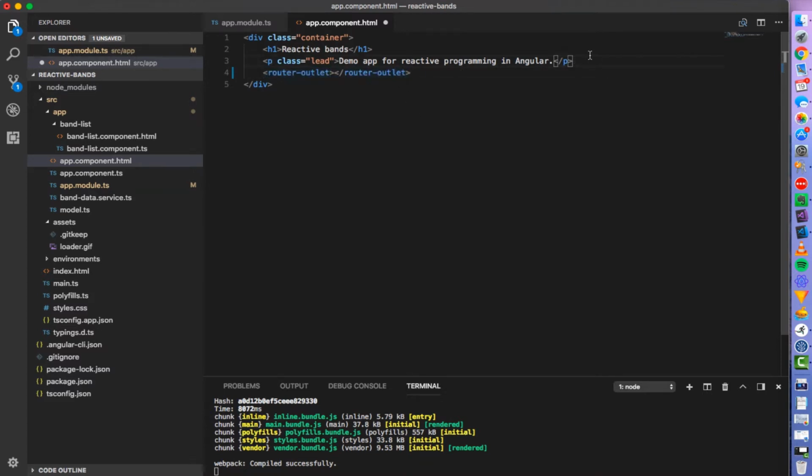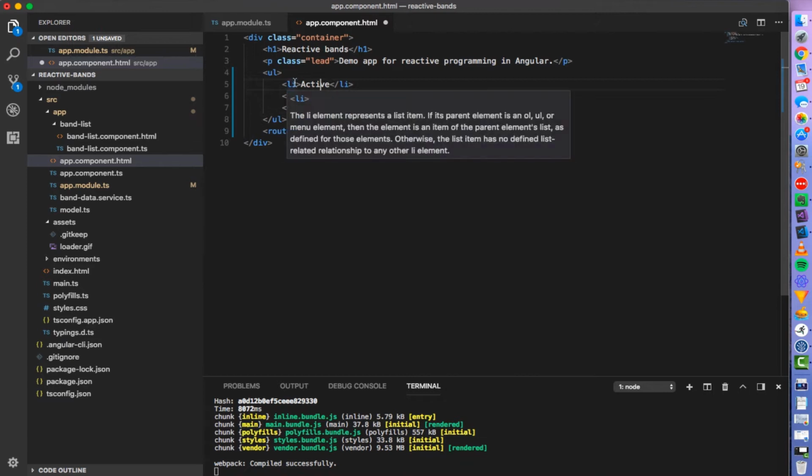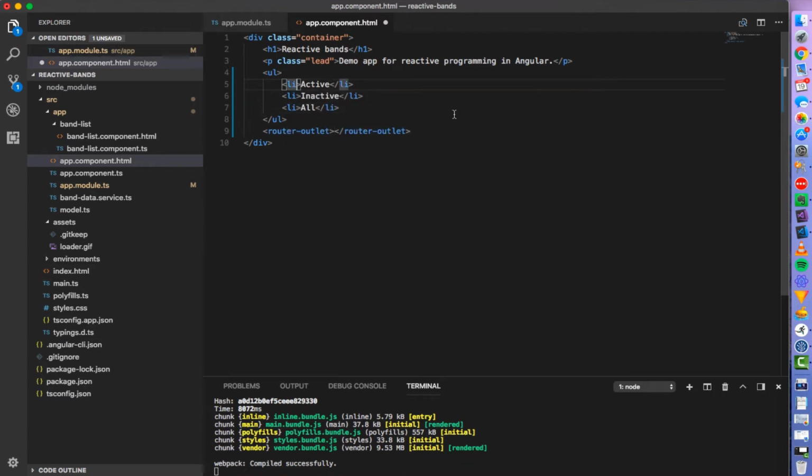At the top we will add a list in which we will put three options: active, inactive and all. These are our filtering options. We need to add the router link directive for them, and for all of them it will simply point to bonds,